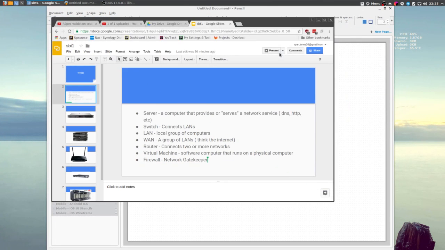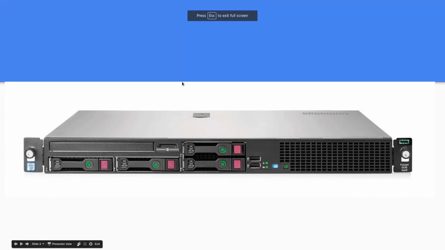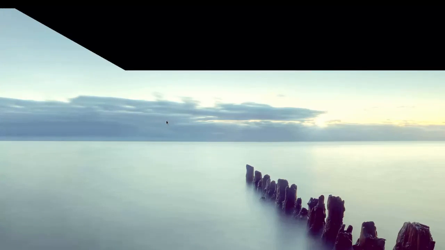So going back to our presentation here, what do we got? Just to help solidify some of the topics, I found some pictures on the internet. This is an HP DL20 server that I happened to find with a Google image search.